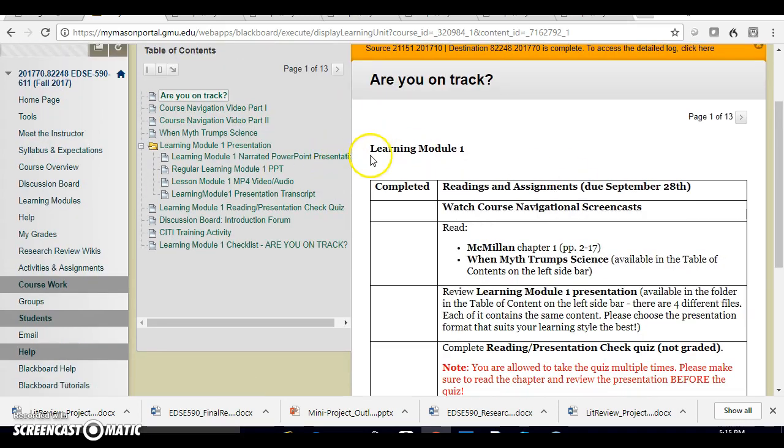Now, each module is set up in a very, very similar way. This will be one of the only modules with videos, so you'll have our 2 video parts, you'll have a reading, and then a lot of weeks you'll have a small, just a few page additional reading, and then a PowerPoint. You can decide what format of the PowerPoint you want to look at. One is narrated, one's just a PowerPoint, one's a transcript, and one's just the audio. So whichever you prefer. I would definitely recommend you go through that before you do the quiz on that module,